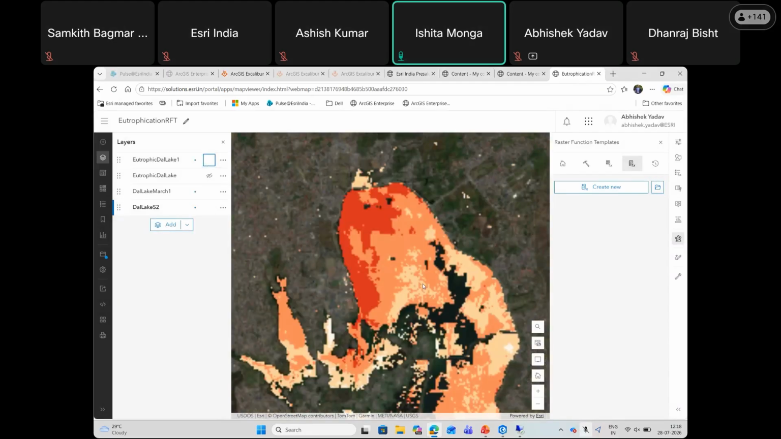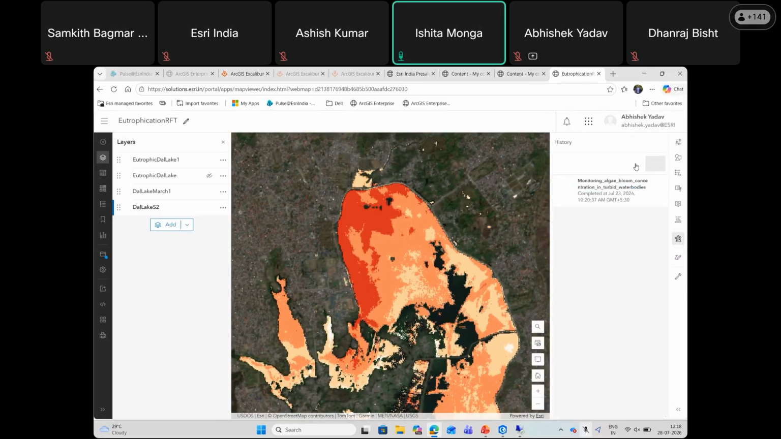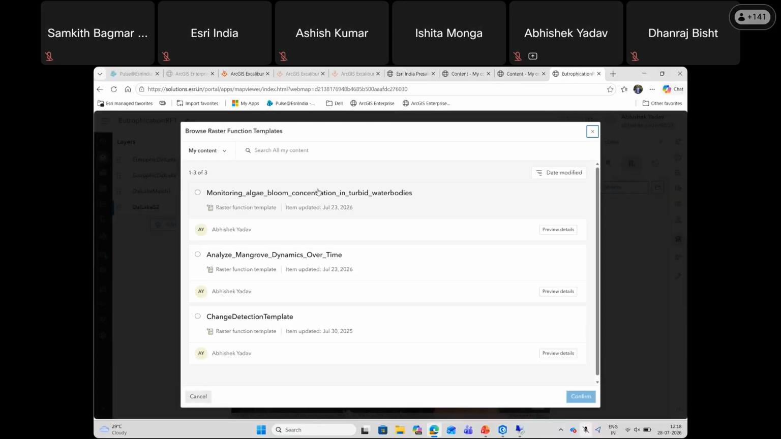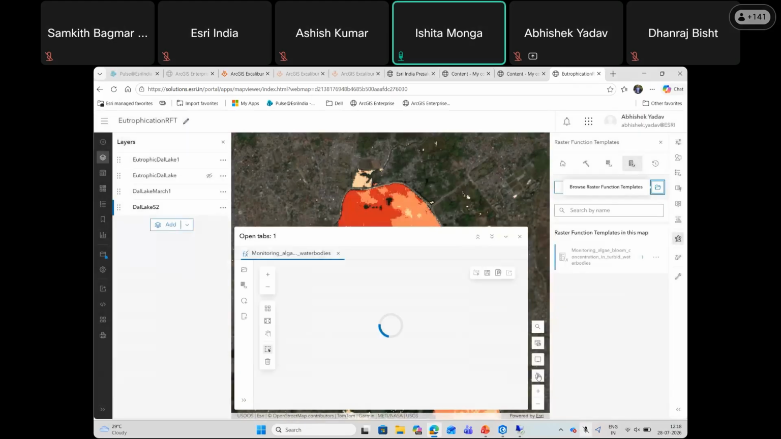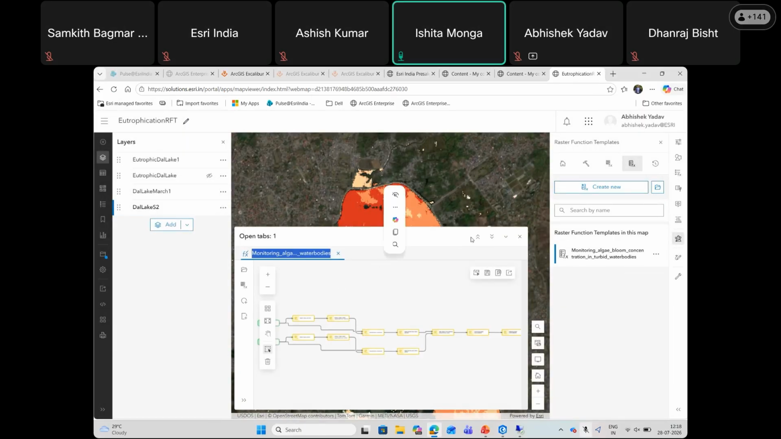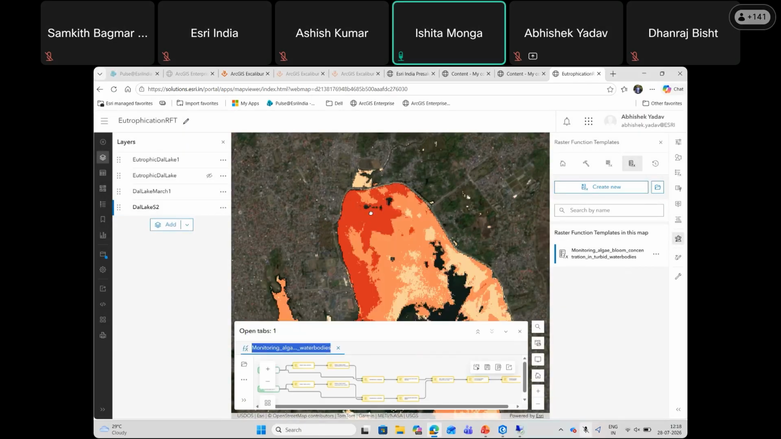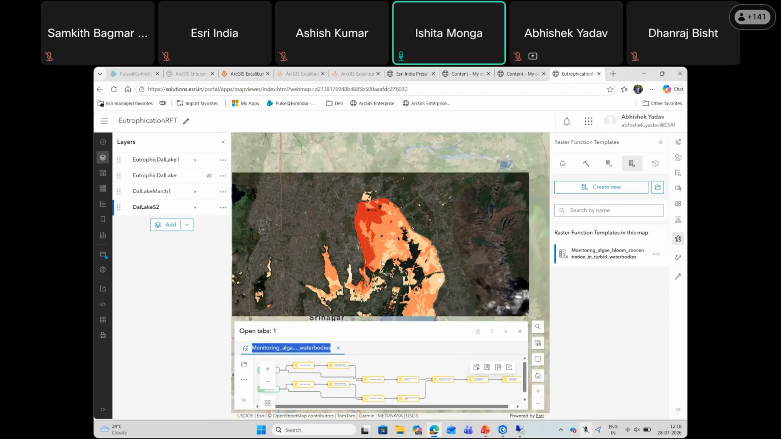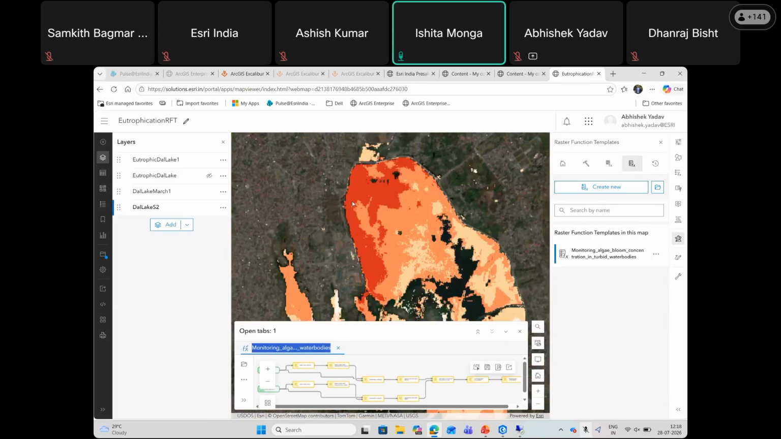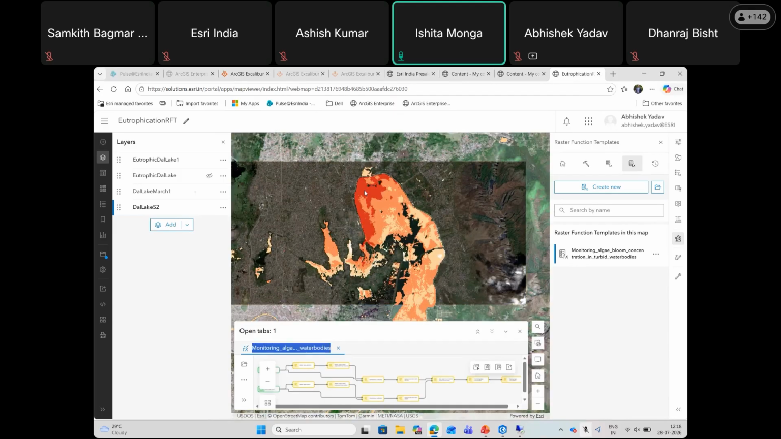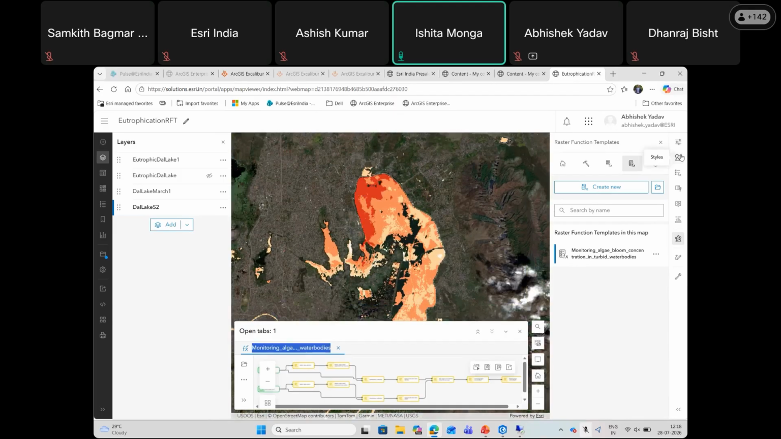You can see the Dal Lake shows eutrophication. So this raster function template was for algal bloom or water eutrophication, whereby it shows how much area has been occupied by the water hyacinth and algae in a freshwater body. This algal bloom could be of any reason, but it gives us insight into where the polluted water is and what is the